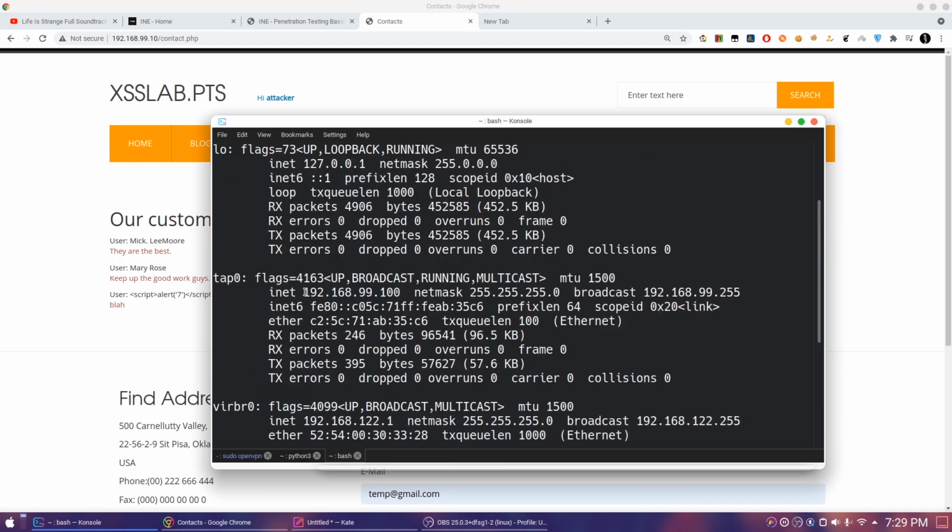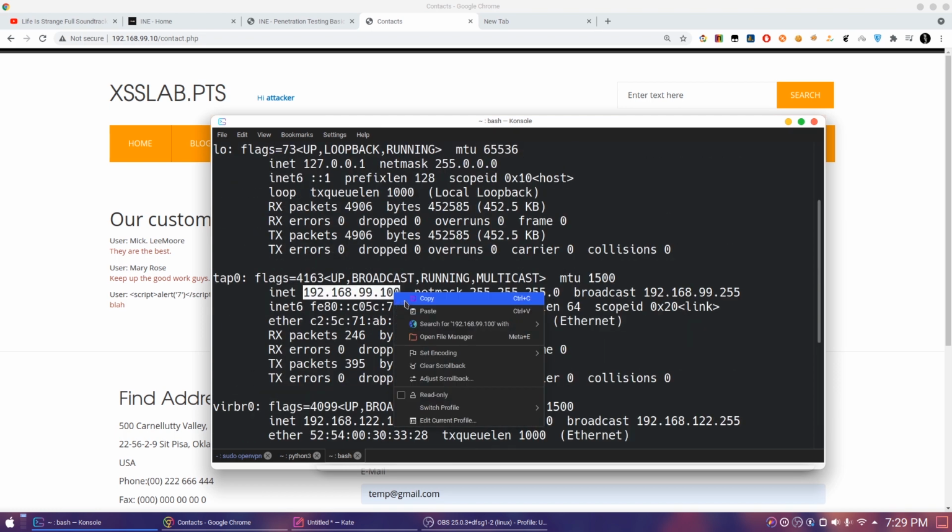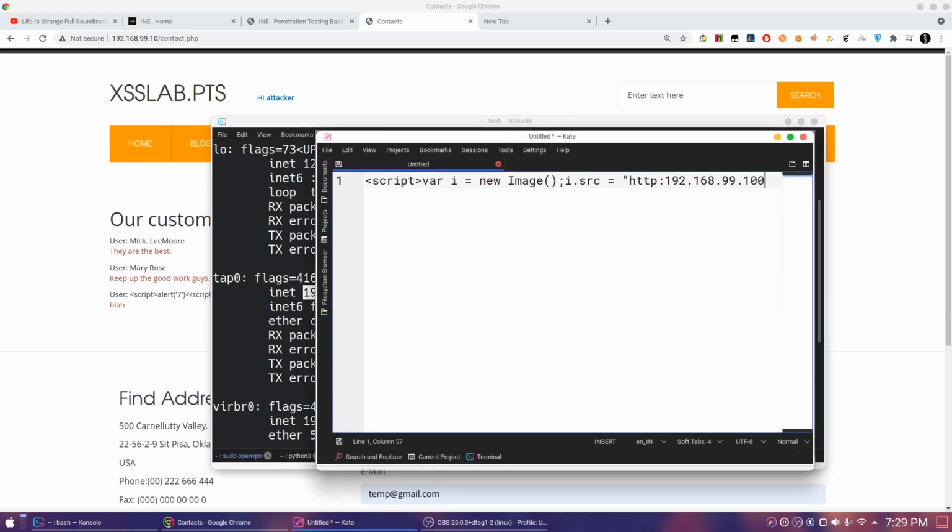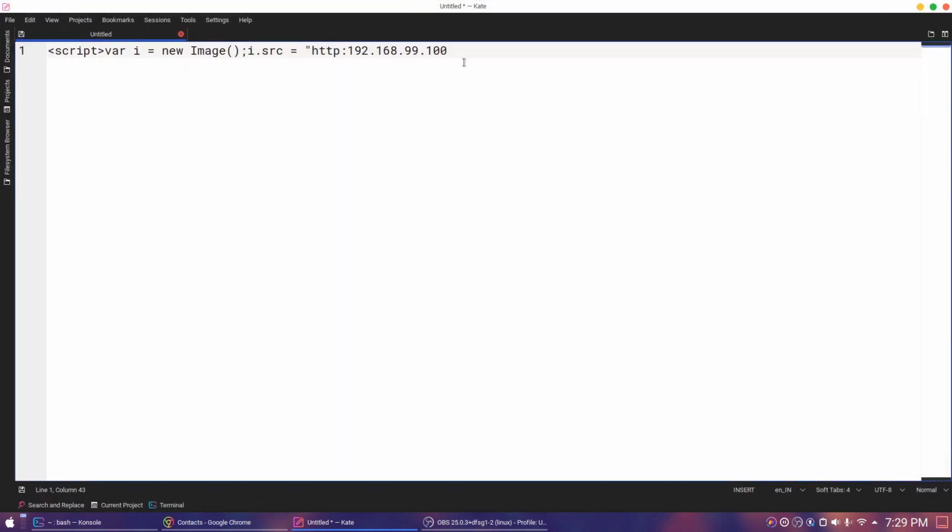So the IP address is this one. Copy this and then paste here. And the port number is 8000, and then we can just randomly say cookie equals to